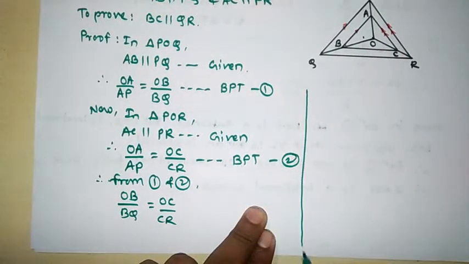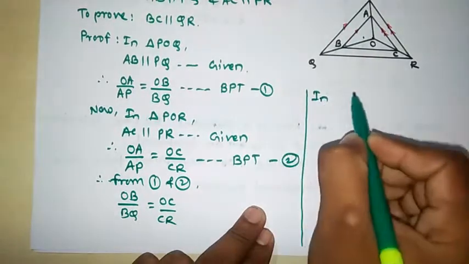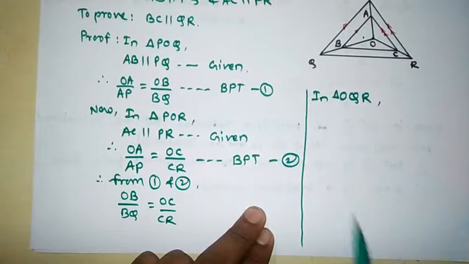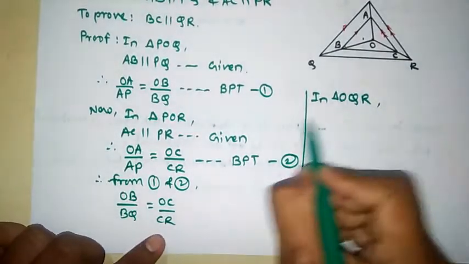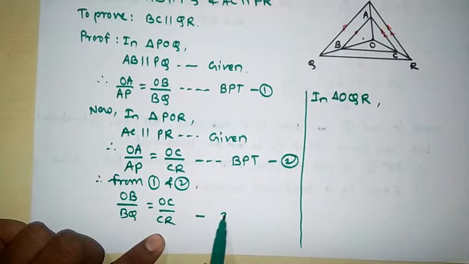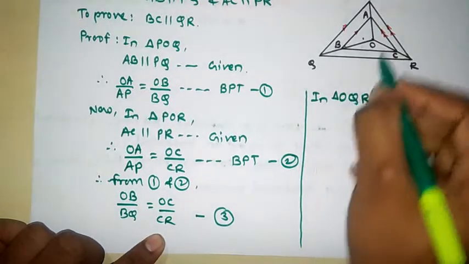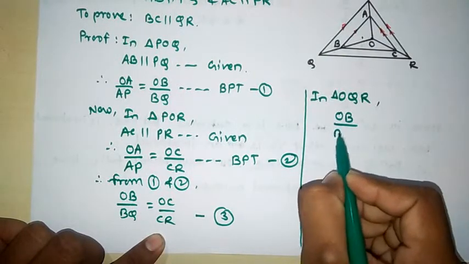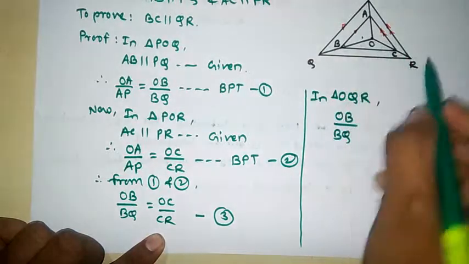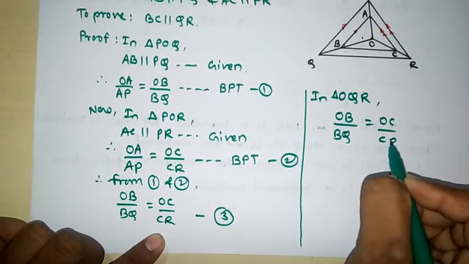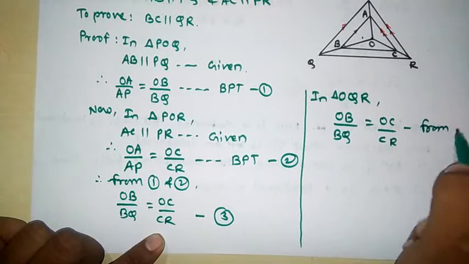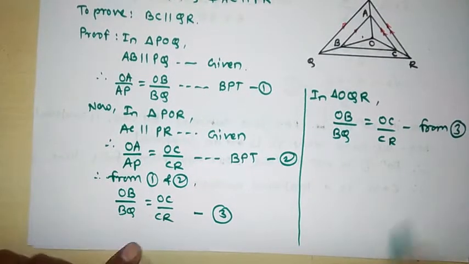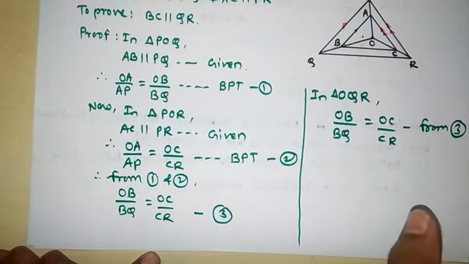I will write here, in triangle OQR, and mark it as equation number 3. In triangle OQR, OB divided by BQ is equal to OC divided by CR. What is the reason? From equation number 3 we got this: OB divided by BQ is equal to OC divided by CR. Therefore,